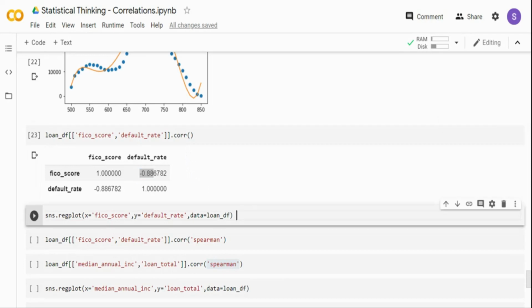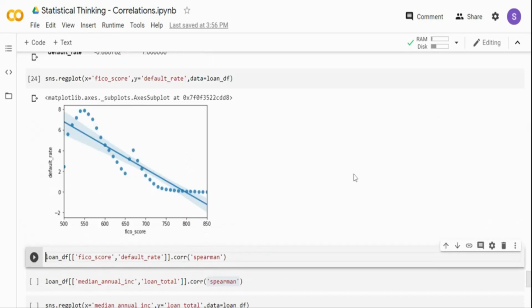But when I go and plot this data, FICO and default rate, you can actually see that even though there is a negative correlation and a decreasing trend, the data is not increasing in the same way as the FICO score decreases, right? It's not decreasing the same way. You can see a lot of points are away from the line, right?